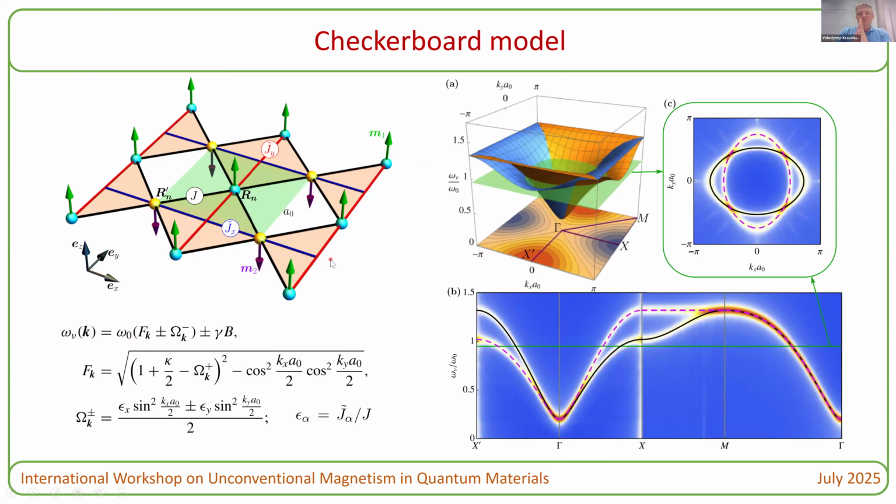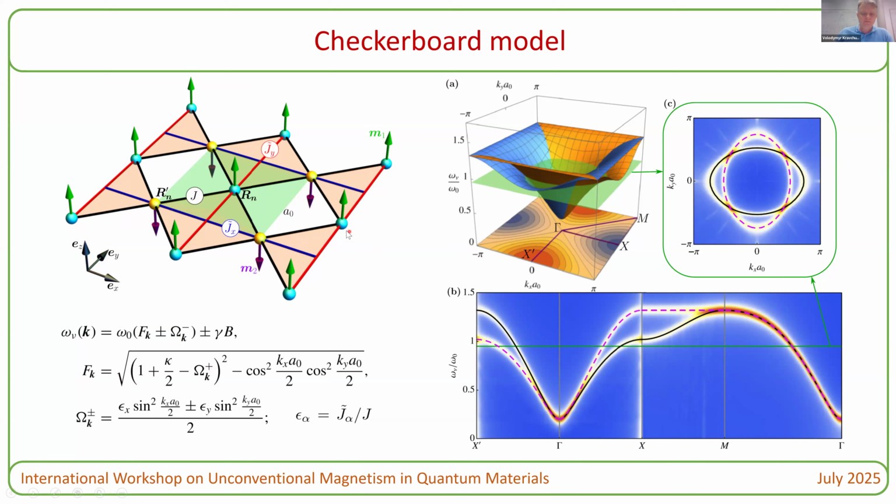Let's consider another model. This is a checkerboard model. The only difference is the different orientation of the altermagnetic bonds. So in each of the sublattices, we have additional exchange interactions. But in one sublattice, these bonds are oriented along the x-axis. In the other sublattice, they are oriented along the y-axis. This model also results in D-wave type of splitting of magnon bands, but it's also convenient for a number of